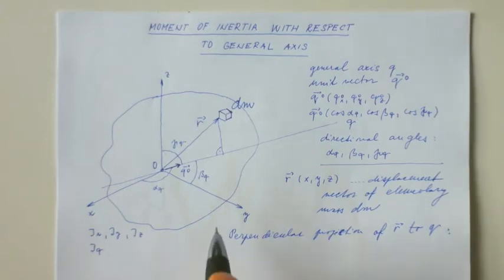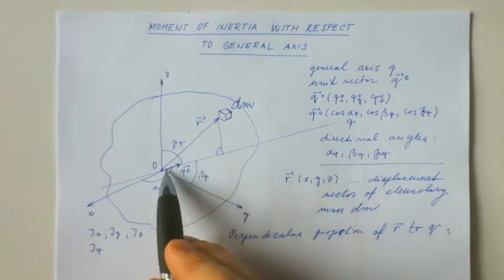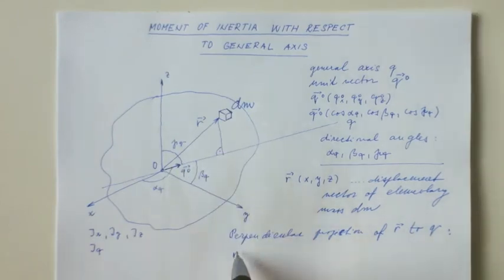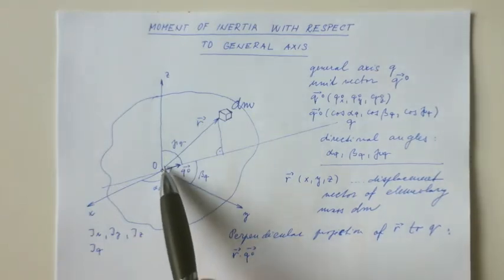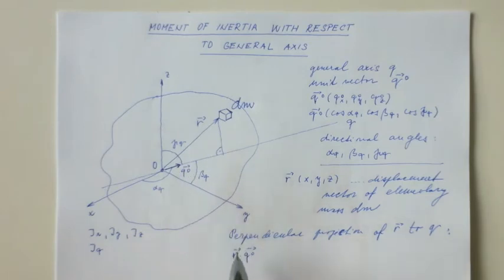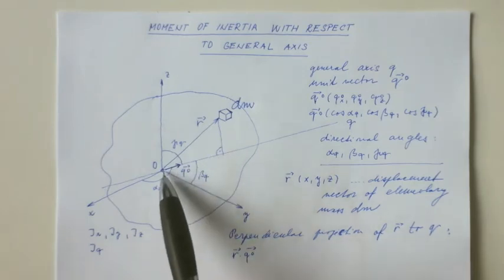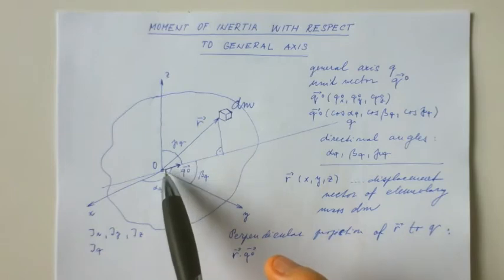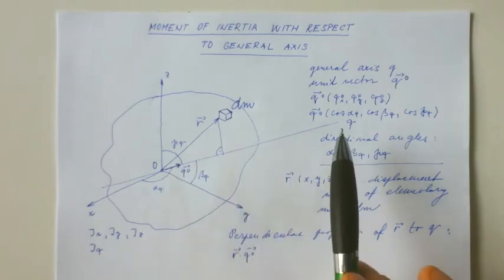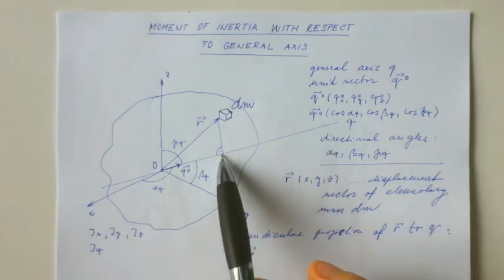So the size of this projection is r dot q0. It's a dot product of this vector and this vector. By the dot product we find this size: the size of the perpendicular projection to the direction of this vector, and this vector has the same direction as the q-axis. So we have this distance,